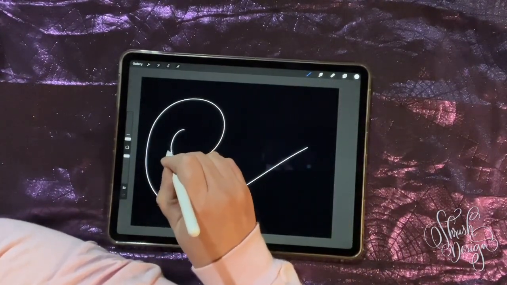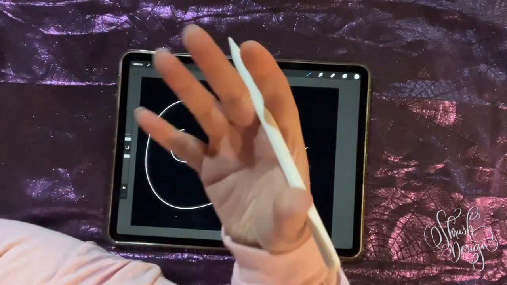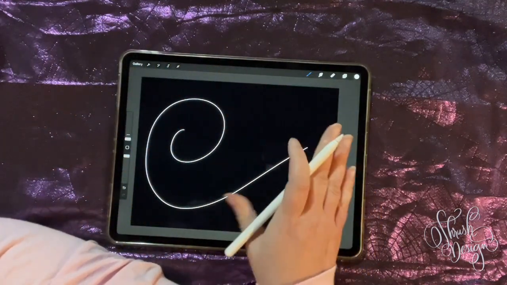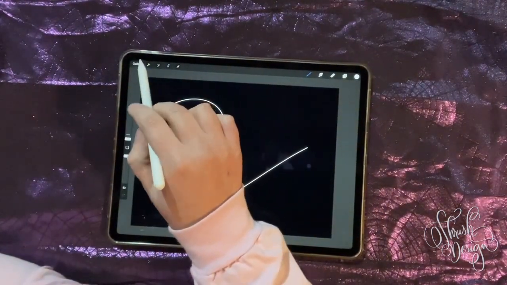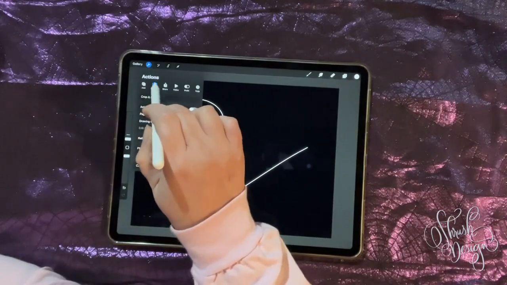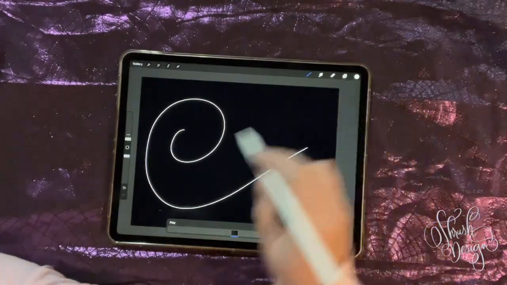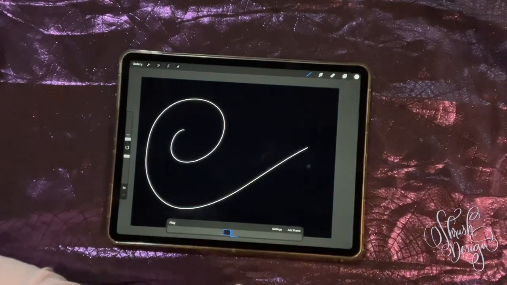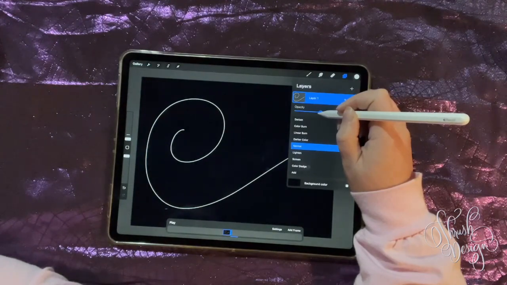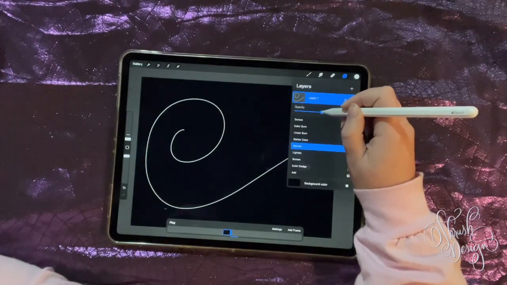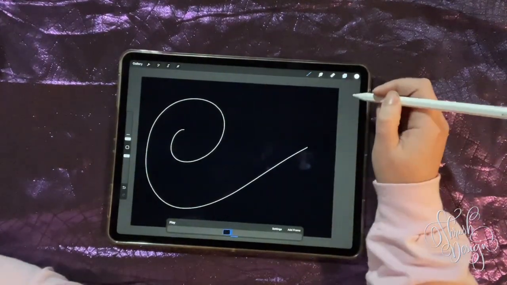They're going to start out smaller here and then make their way, and they start getting bigger and bigger because the spiral's actually going this way towards you. And then they're going to be their biggest right here. It's where they're kind of popping out at the end. So I'm going to go to the wrench, go to Canvas Animation Assist, turn that on. Now this frame here that has a spiral on it, I'm going to make that my background. I'm also going to reduce the opacity a little bit so it's not going to get in the way as much. Just down to around 50% is good. 49 is fine. All right, now,